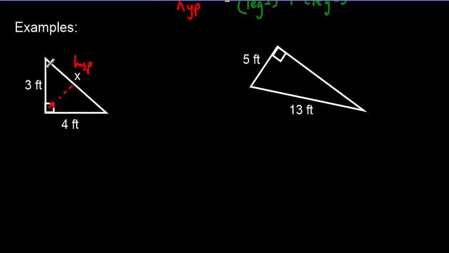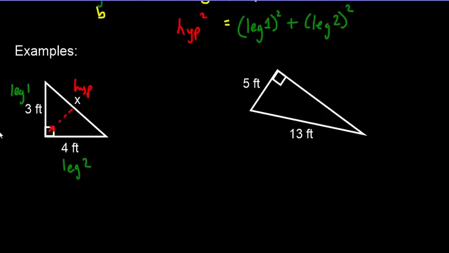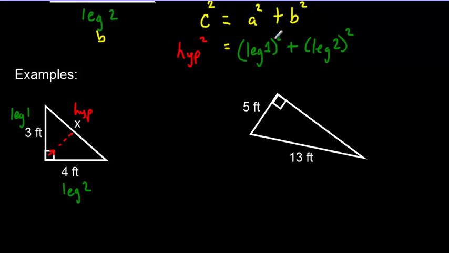Okay, the other two sides, it doesn't matter which one is which. One is leg 1 and the other is leg 2. Okay, and so if we use this formula here, Pythagorean theorem says the hypotenuse squared will be by itself on one side. So in this case, the hypotenuse is x. So in place of hypotenuse, I'm going to write the letter x. So it's going to be x squared,